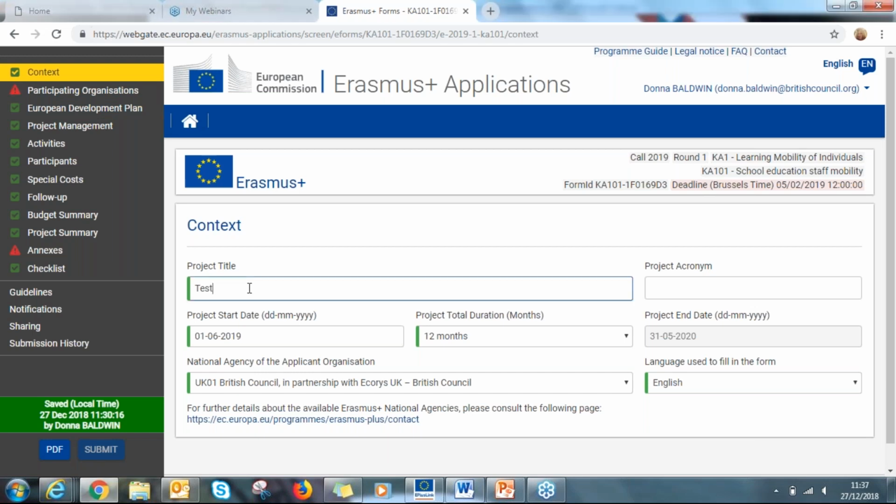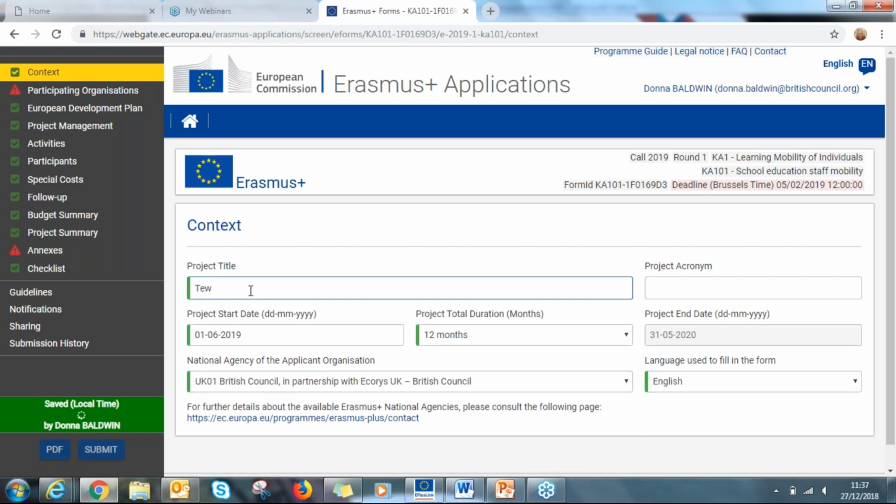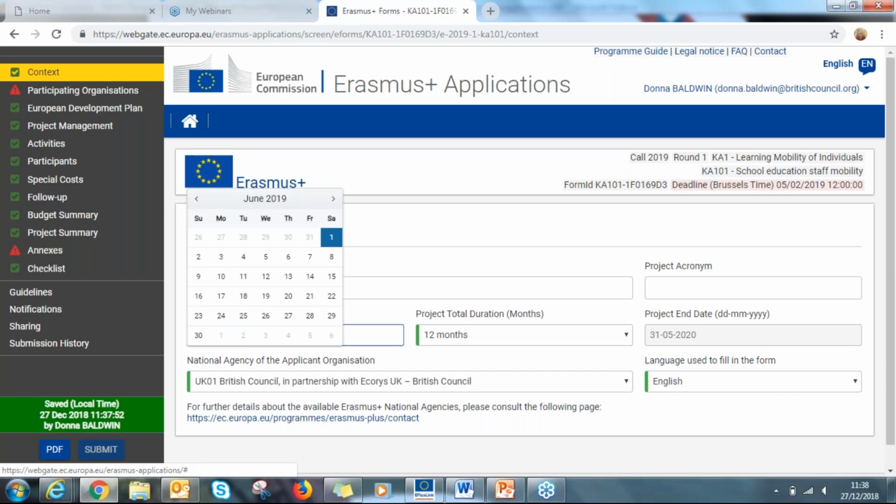If the section is mandatory to complete, again, you get the indicator, as you can see on the screen now. It's basically telling me the field is mandatory. So I'm going to need to complete this before I can move on to the next section. So the first section we've got here, context, you're going to need to pop in your project title. You will also need to pop in your project start date. So by selecting that field, it's now given me a calendar, in fact,